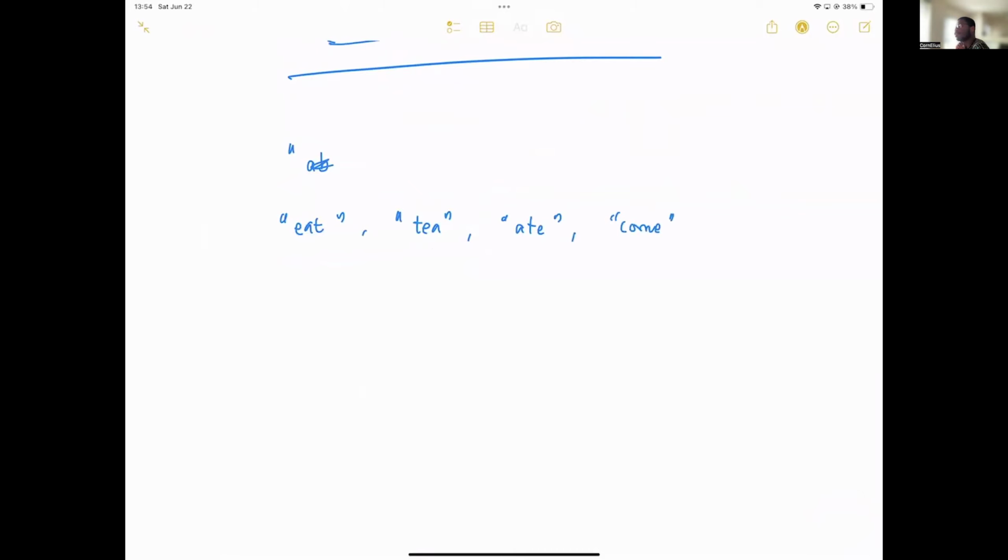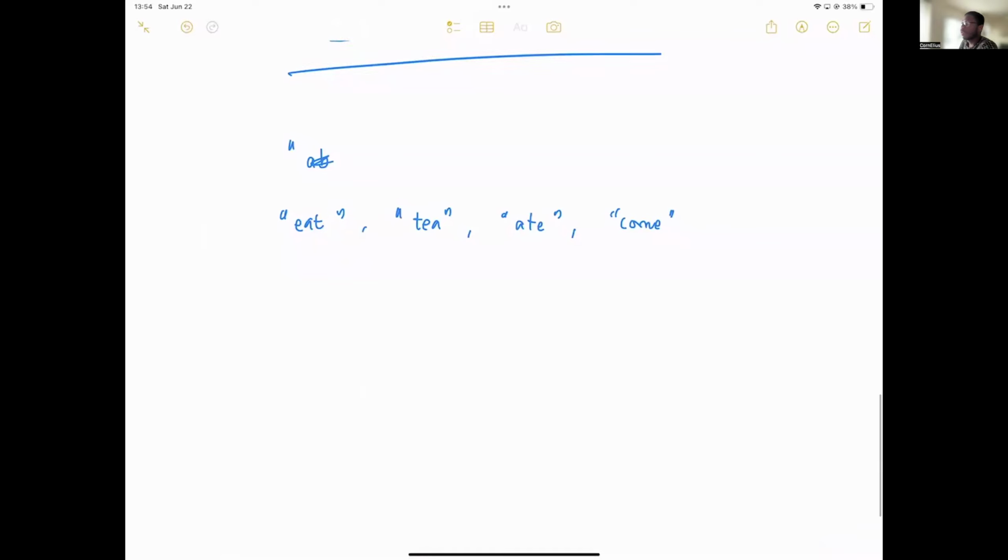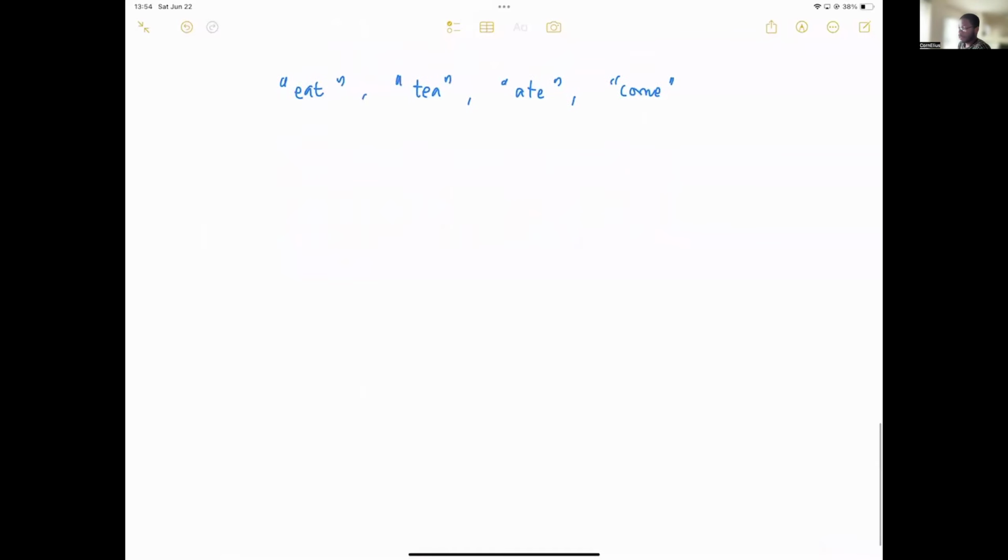What do we know about anagrams? Those of you who went through the thing, what are anagrams? Anyone? What do you know about anagrams? For a string to be an anagram, the two strings should contain the same characters. Right, the same characters, exactly. So eat, tea, and ate, they contain the same characters, right?